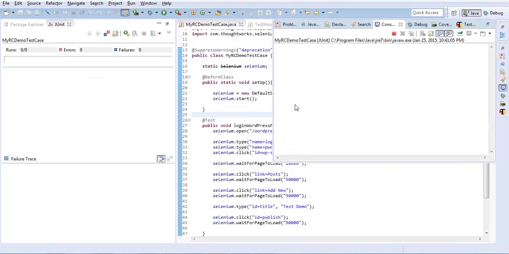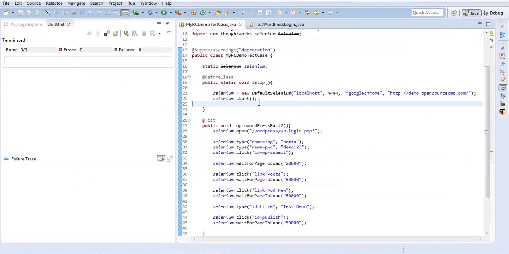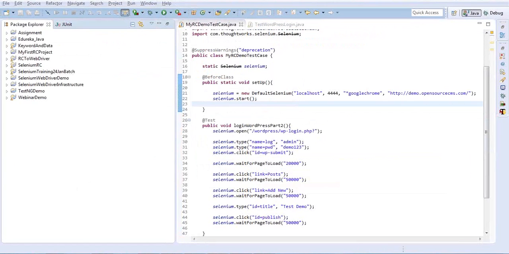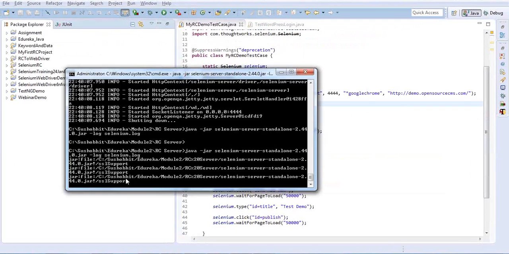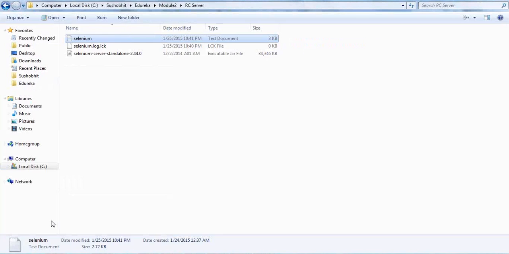So it is running. I'll close it. So it was not finding the communication, that was it got hanged. Okay, so that was a server side communication that you can store, but for browser side communication also, if you want to store in a log file, then what you can do,